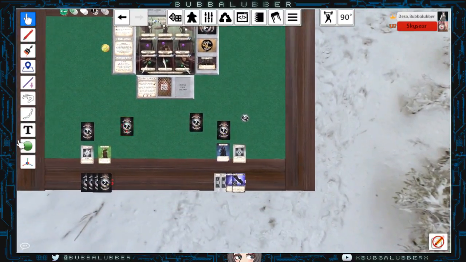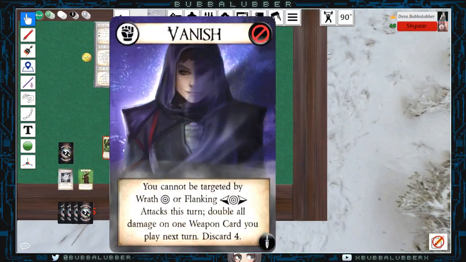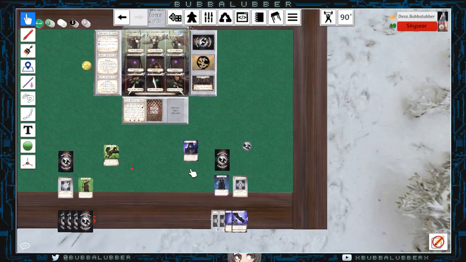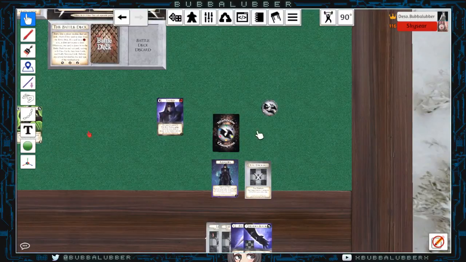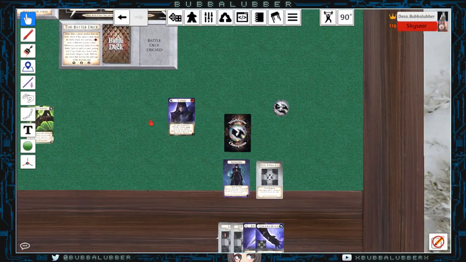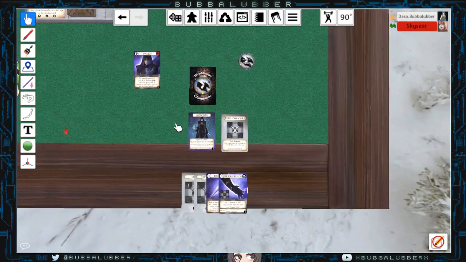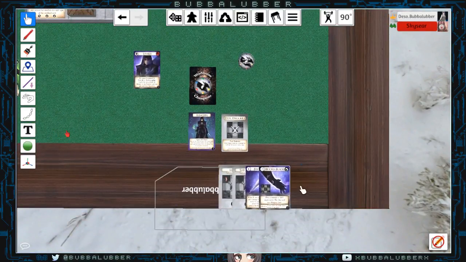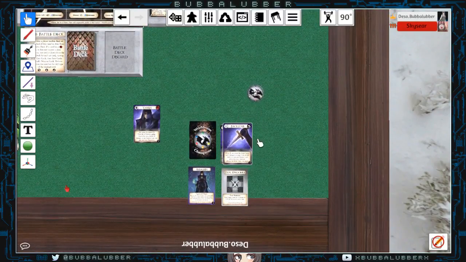Okay, so now that we've chosen our actions, we both reveal them. So I've done Vanish and you've done Dexterous, so both gone with unarmed actions. So I go first because I have the Wrath token, and then we go round the table. So I cannot be targeted by Wrath or flanking attacks this turn, and I double all damage from 1 weapon card I play next turn. Unfortunately, I do have to discard the rest of my hand in order to play that, but hopefully, because I